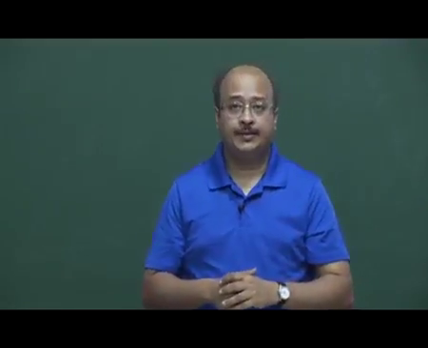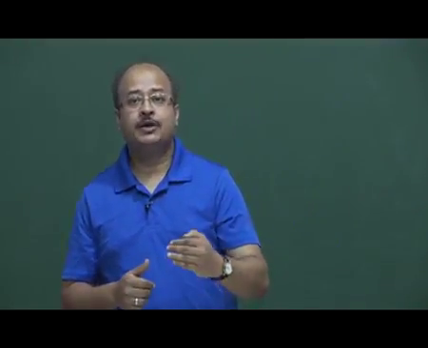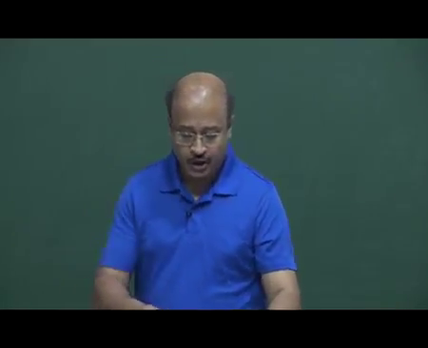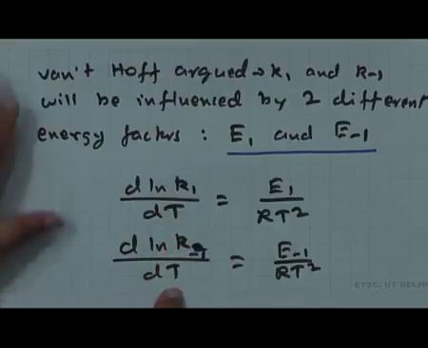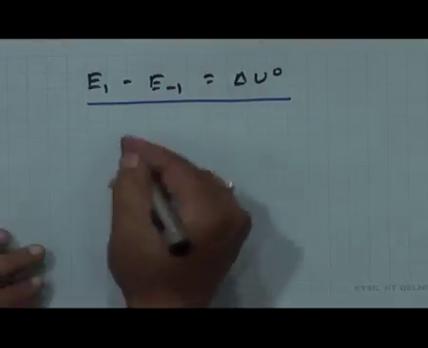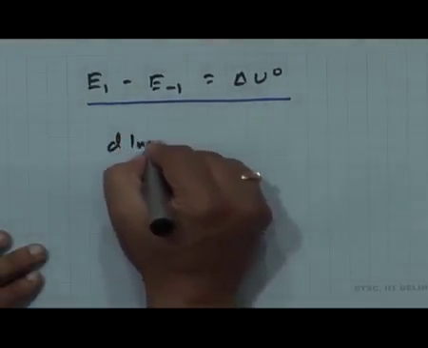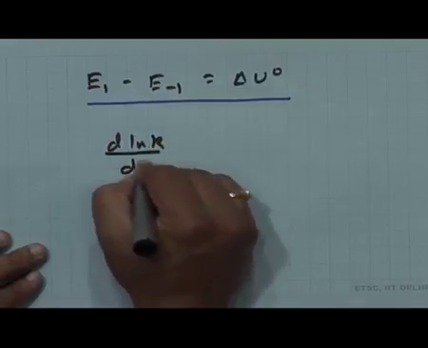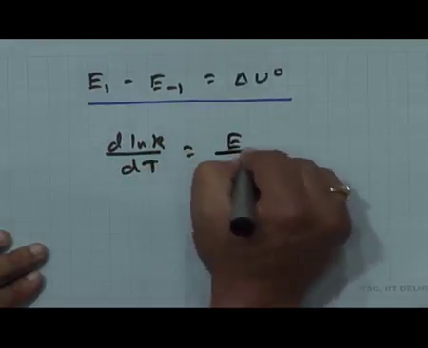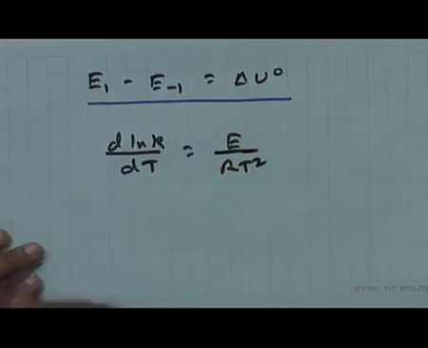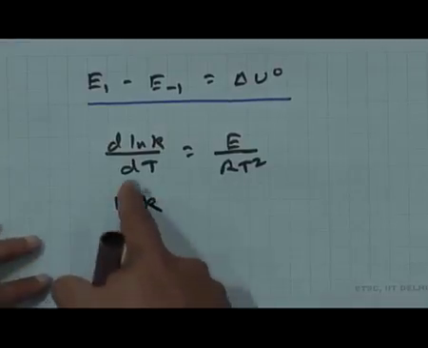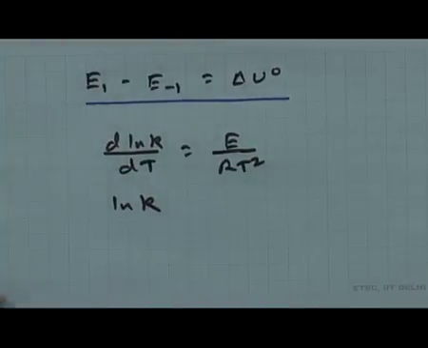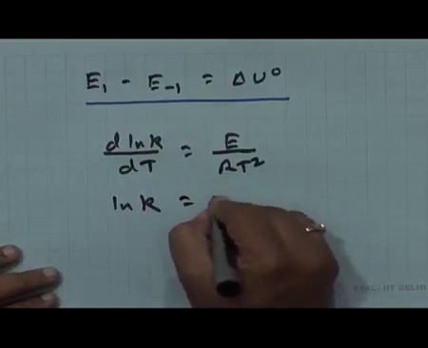Once you have all these set, then it becomes very clear. So, if you would integrate one of these equations, say for example, d ln k over dT is equal to E over R T squared, and if you would integrate this equation, then what you will be getting is ln k. So, that means you can take dT over this side, do the corresponding integration, you will be getting ln k is equal to